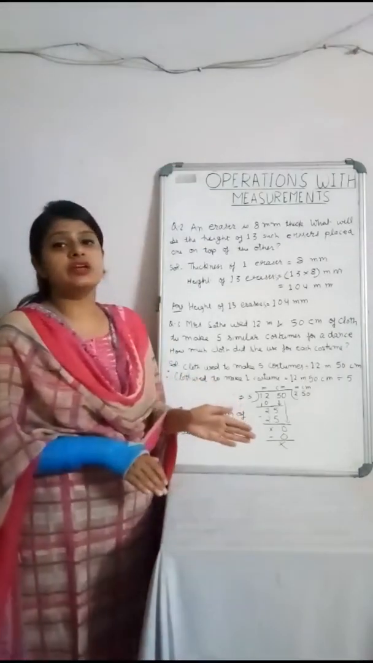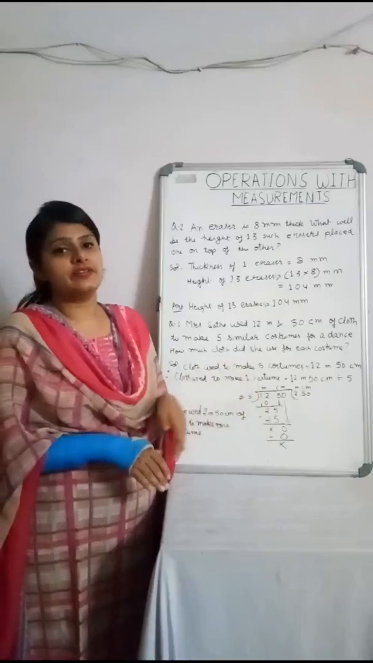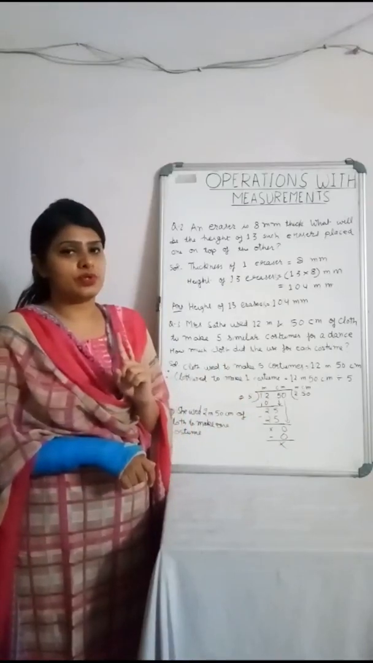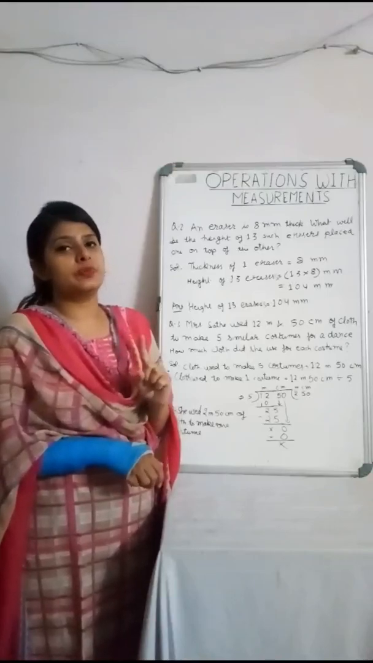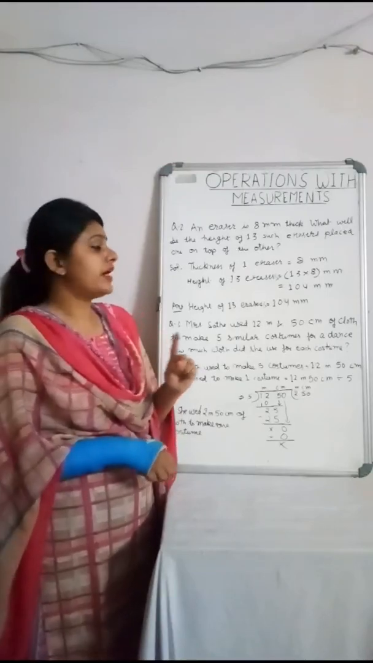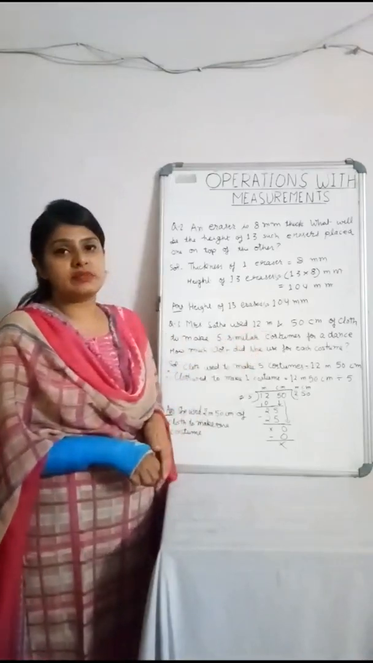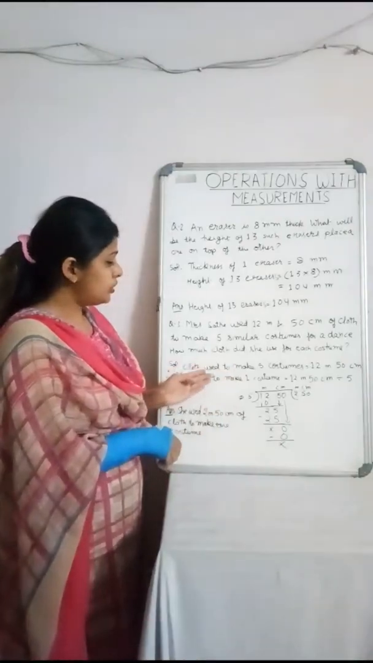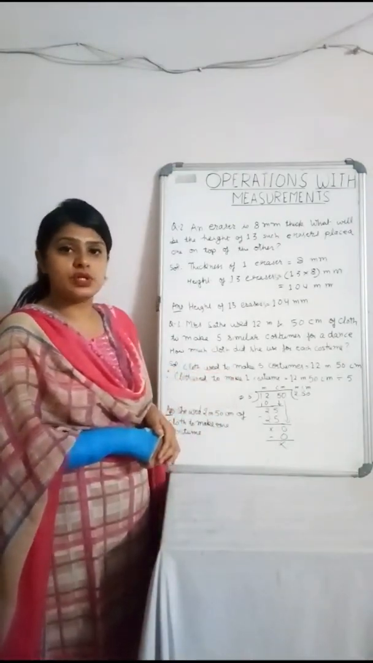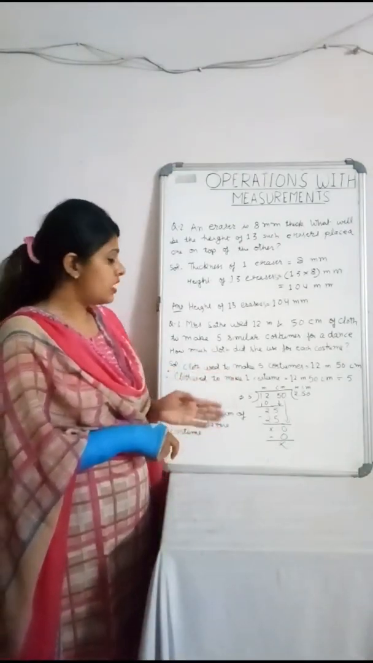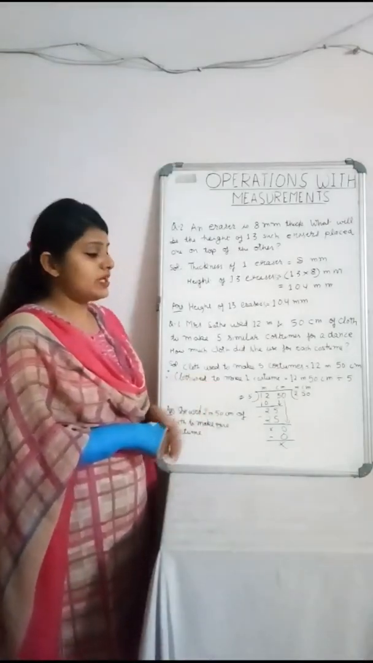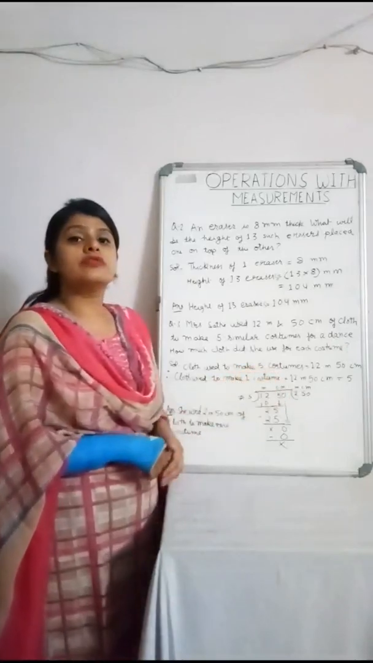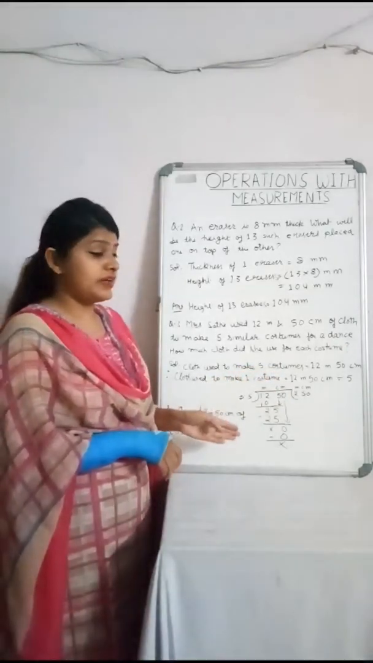That means we are given the length for 5 costumes. We have to take out the length for one costume. So length for one costume will be less. So we will be dividing 12 meter 50 centimeters by 5. So cloth used to make 5 costumes, 12 meter 50 centimeters. Cloth used to make one costume will be less, so it will be 12 meter 50 centimeters divided by 5,